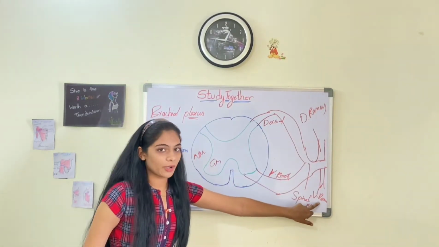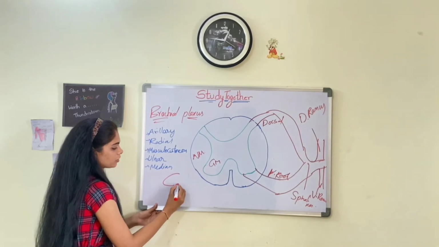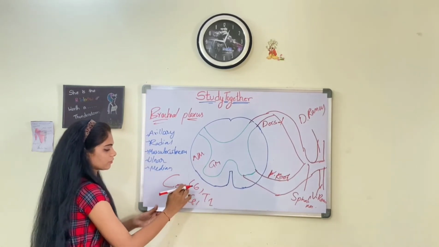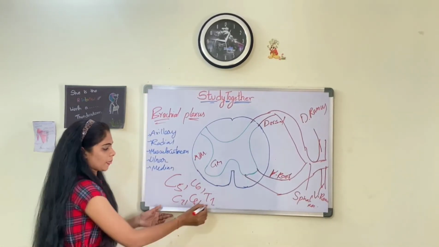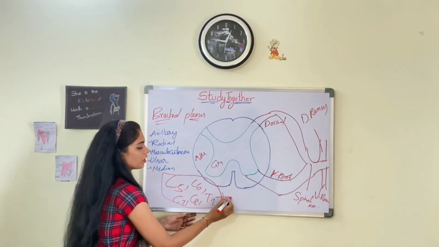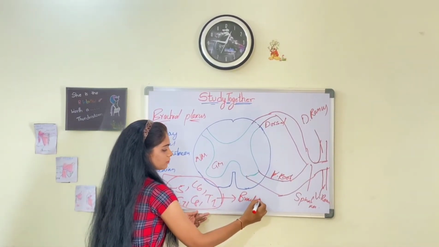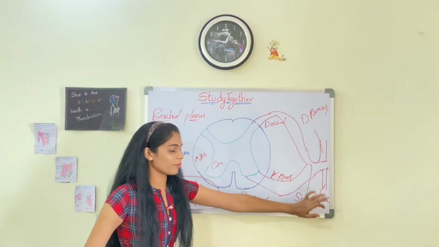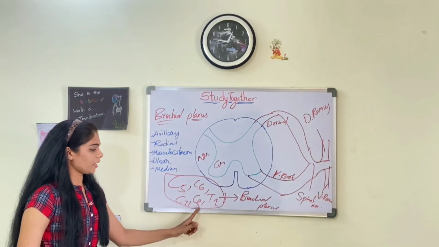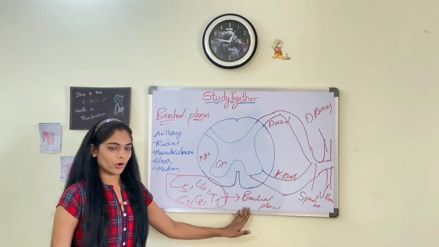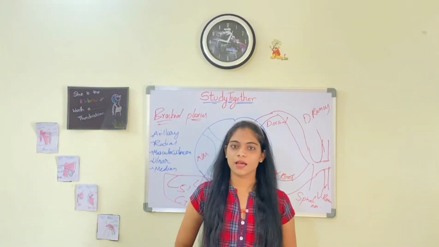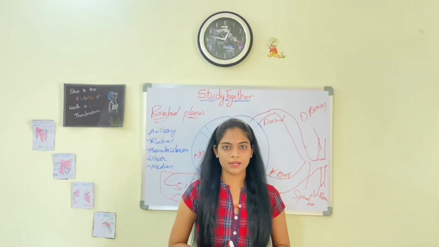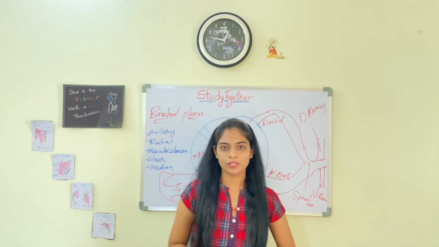Now, the ventral ramus of C5, C6, C7, C8 and T1, that is cervical 5, 6, 7, 8 and thoracic 1, by combination of these, your brachial plexus is formed. By combining all the ventral rami of C5, C6, C7, C8 and T1, your brachial plexus is formed. So basically brachial plexus is 15 centimeters long, which lies here in your neck area as well as your axilla. So from spinal cord to your axilla, it is 15 centimeters long.